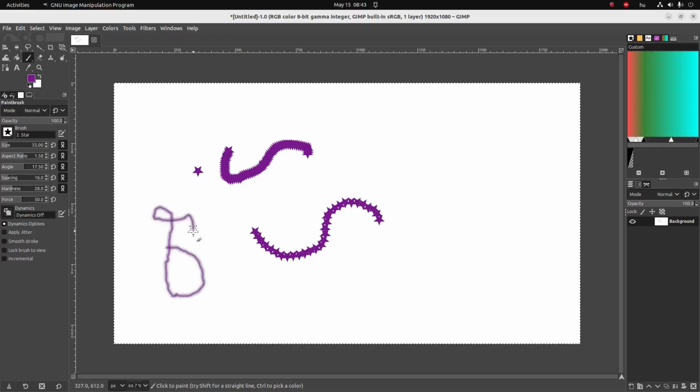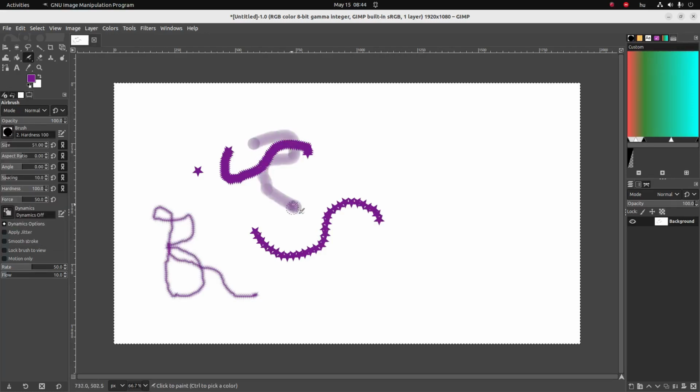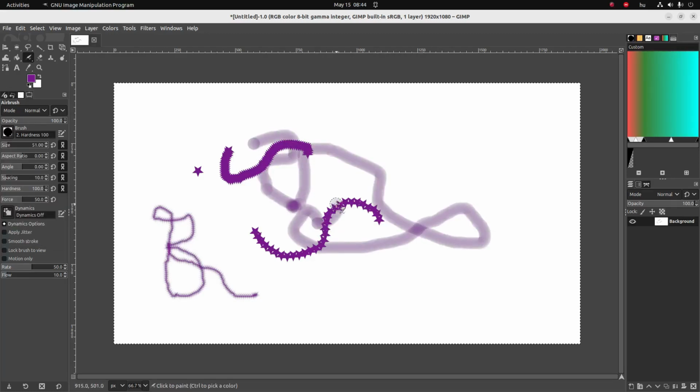We can change the hardness. If it's softer, it's more blurry. We also have another brush called the airbrush. And the airbrush is nothing more than a very soft brush. It's quite useful in digital painting. But we won't talk too much about the airbrush, we don't need to know. So that's really all we need to know about